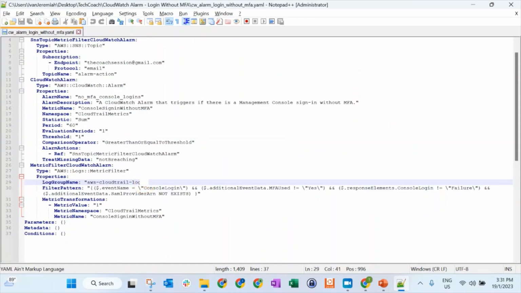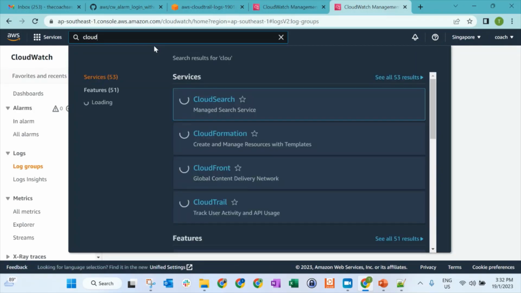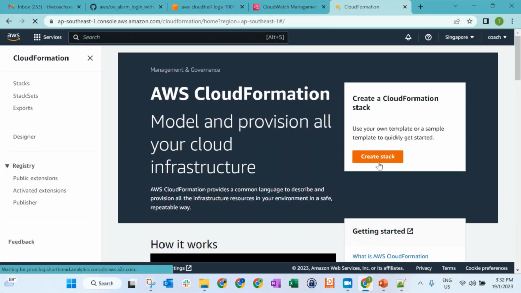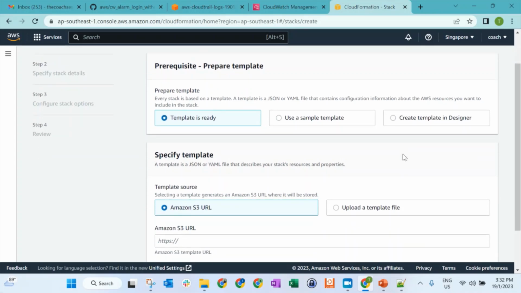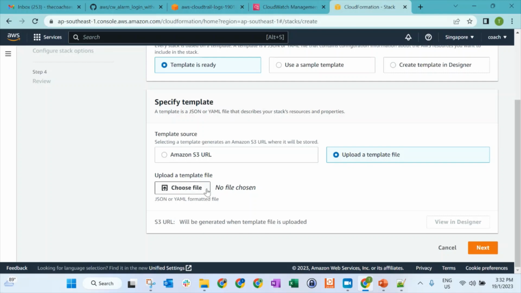Okay, after that you can upload this CloudFormation template to CloudFormation. Let me duplicate this tab. I will find CloudFormation, and then create stack. You can upload your YAML file, your CloudFormation template, to S3 and use the URL, or you can also upload a template file.